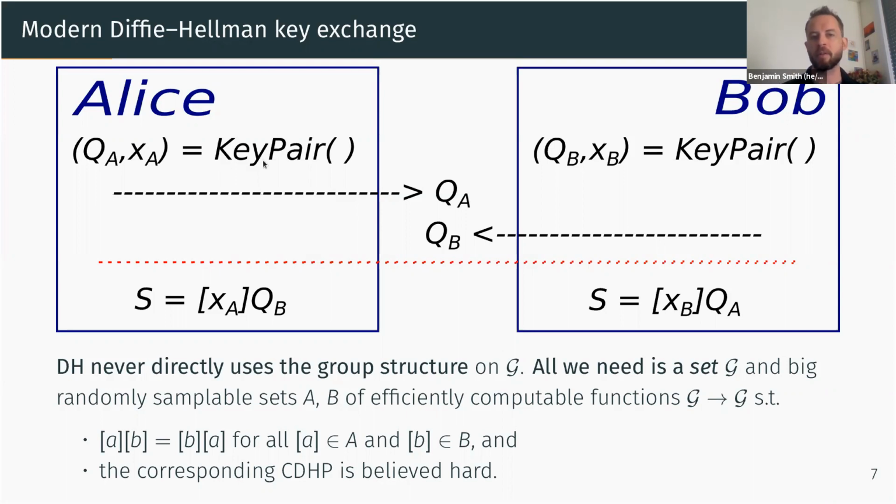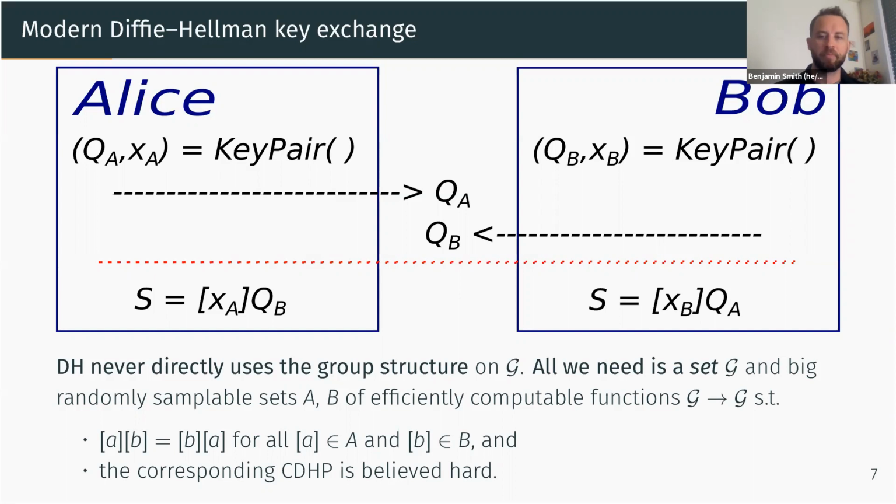This key pair function is just using scalar multiplication as well to generate a key pair. It's sampling a random scalar and multiplying the base point to give us the resulting public key. So what really matters here is scalar multiplication, and there's no explicit group operation. So long as we have something that has a bunch of things that look like scalar multiplication, then we can